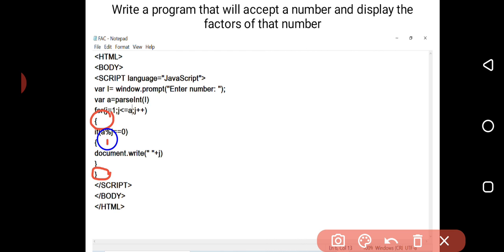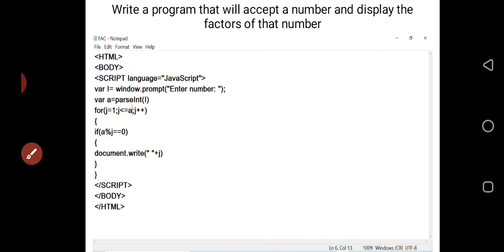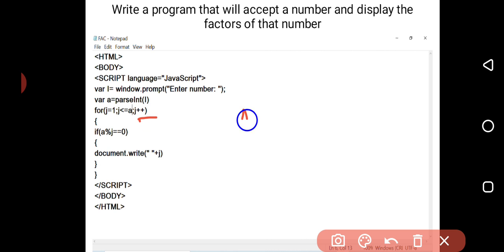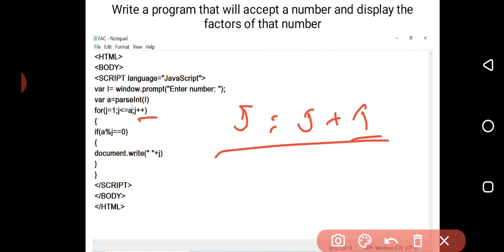Here I have made the beginning of the if, and in place of end if I have used this brace to notify the end of the if. Fine. These are new concepts. Another new concept is j plus plus, meaning j is equal to j plus 1. This is called incrementation, what we use as a step value in QBasic. By default the step value is 1 and it is incremented automatically, but here automatic incrementation is not there. Even if it is increased by 1, you have to write how it will be incremented.